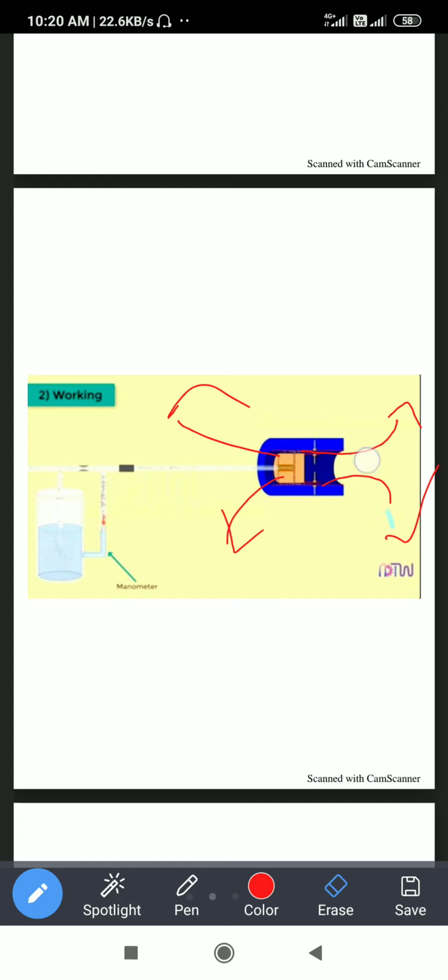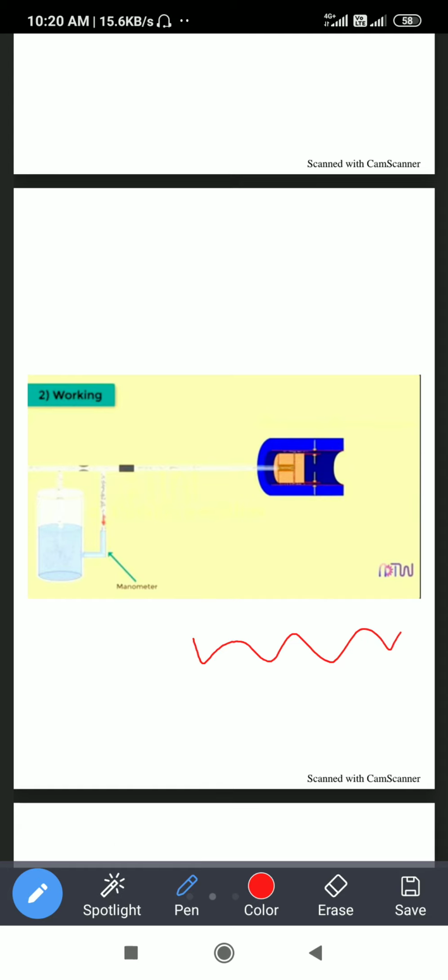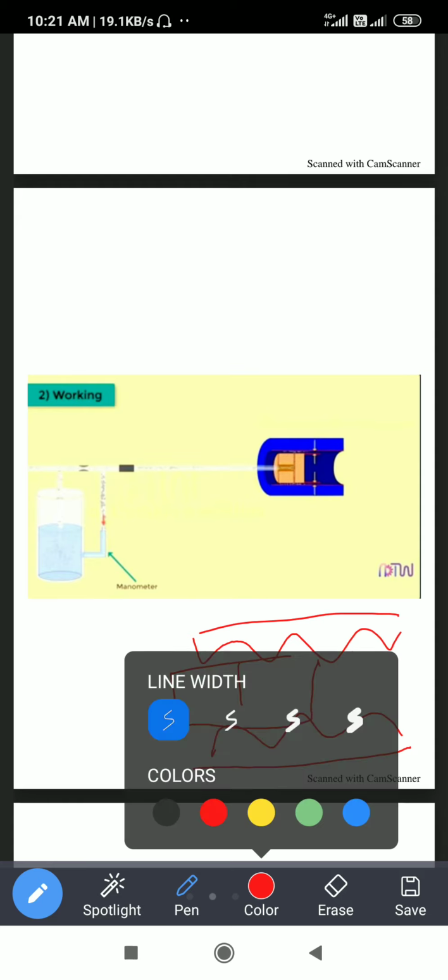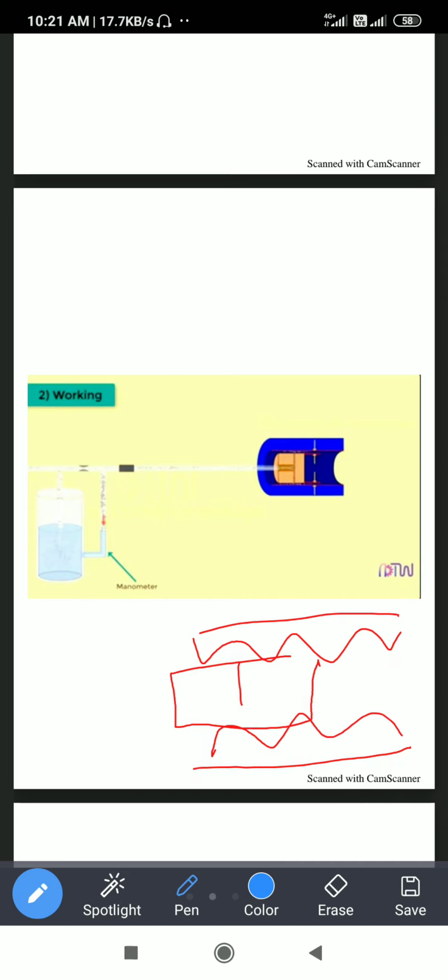Now, I will tell you how the back pressure is generated and how it is used for measuring the workpiece. Just imagine if there is an obstacle in the workpiece, the gauge head will stop over here. I will draw the air in another color, this blue color. The air coming out through this gauge will stop here, it does not move in this direction.